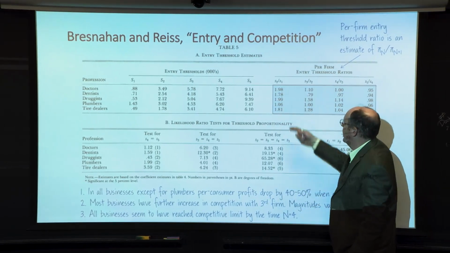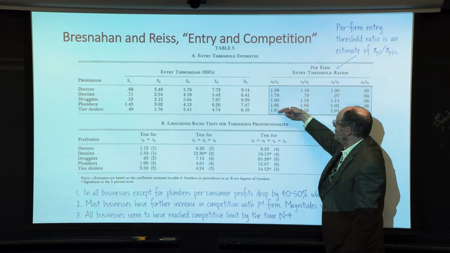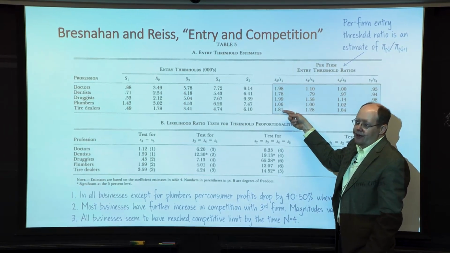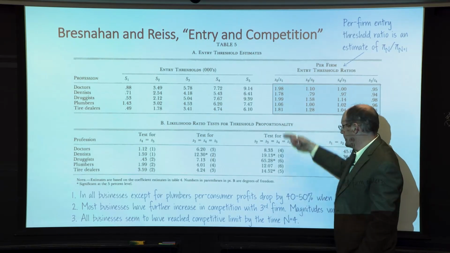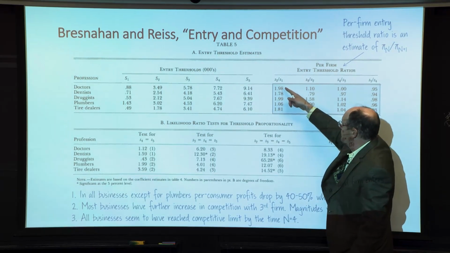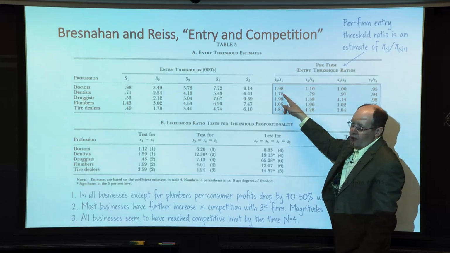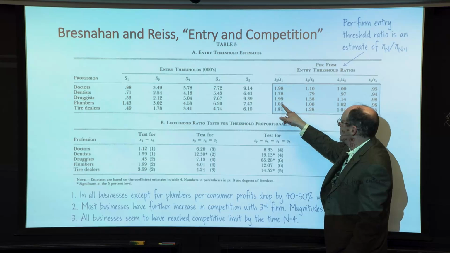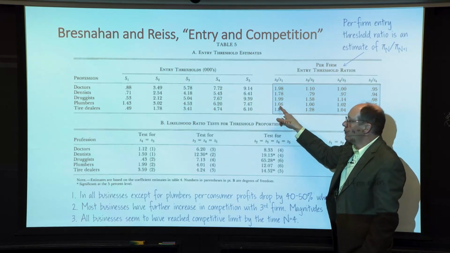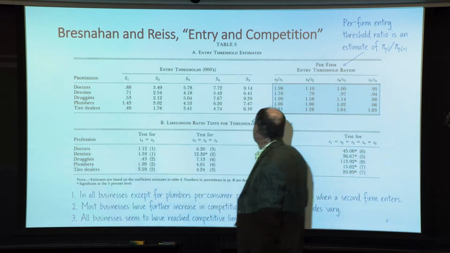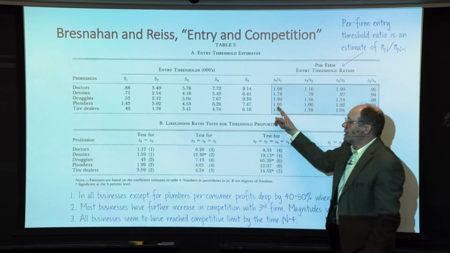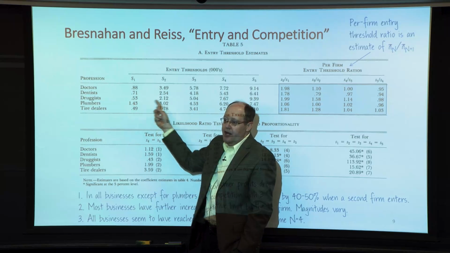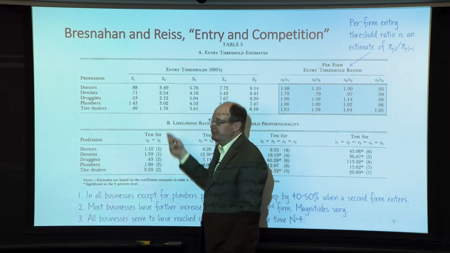And so what this is saying is that in many of these industries, profits are dropping almost in half when you have a second firm, or per customer profits are dropping almost in half. You divide profits by either 1.9 or by 1.8, so that's like a 45-50% drop in profits when the second firm comes in. The one exception appears to be plumbers, where we don't get the first plumber for a while, and so it seems that the second plumber is also serving 15. You get one plumber when you have 1,400 people for the plumber to serve, a second plumber when you have 1,500.